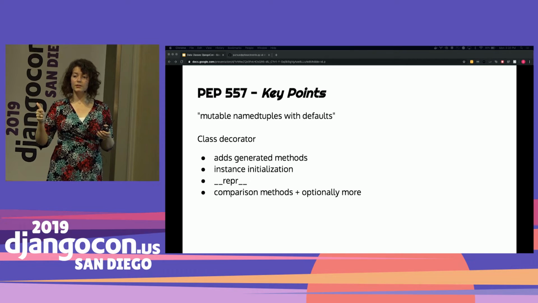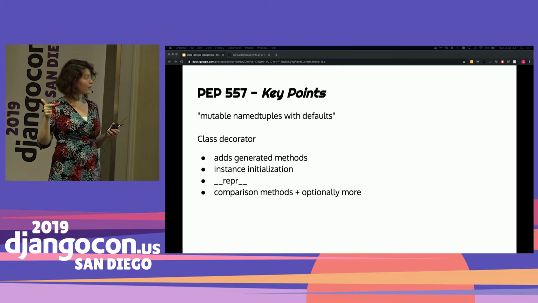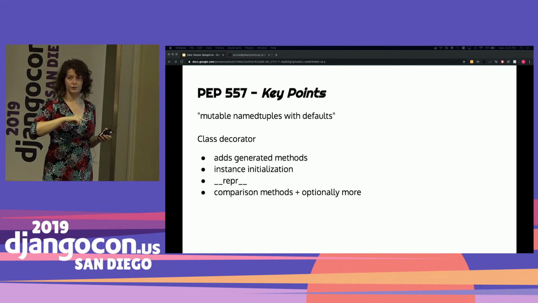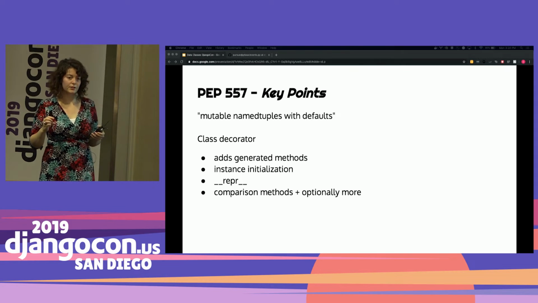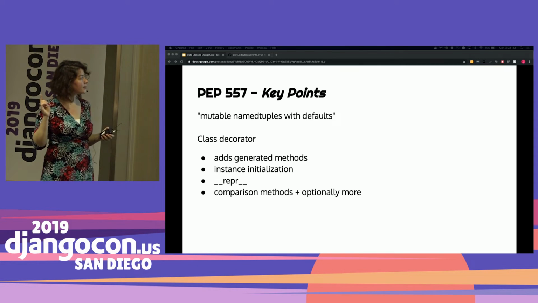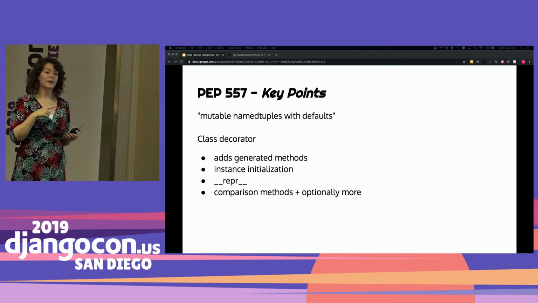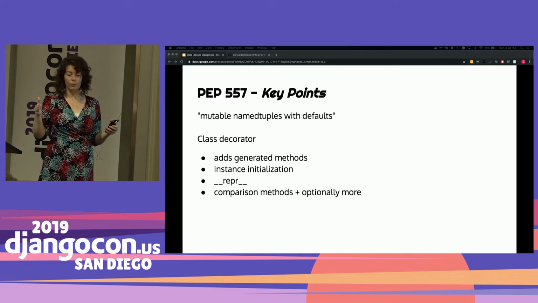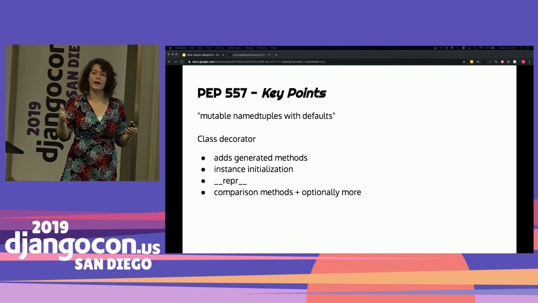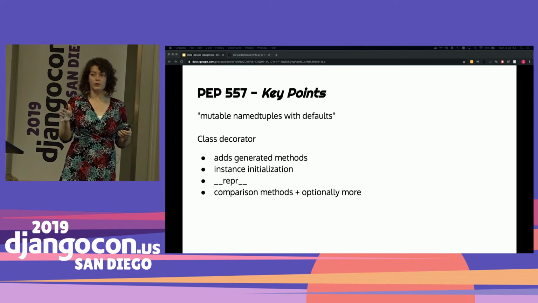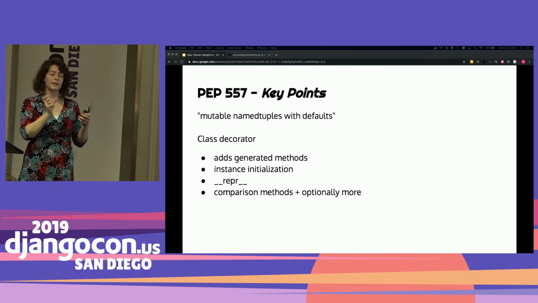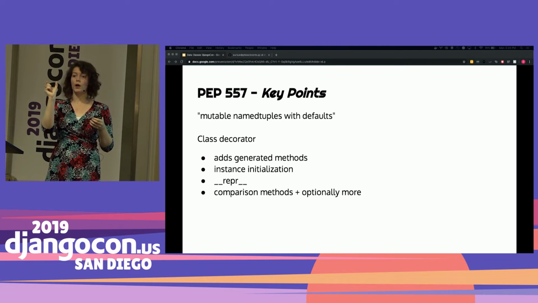It initializes your class for you. It overwrites that repr, so you'll get printed lovely strings out, and you can use that dot notation more effectively. And you automatically get those comparison methods, and optionally more. You can optionally freeze your data class and make it immutable. There's actually a lot of different options you can pass in the data class's parameters list.